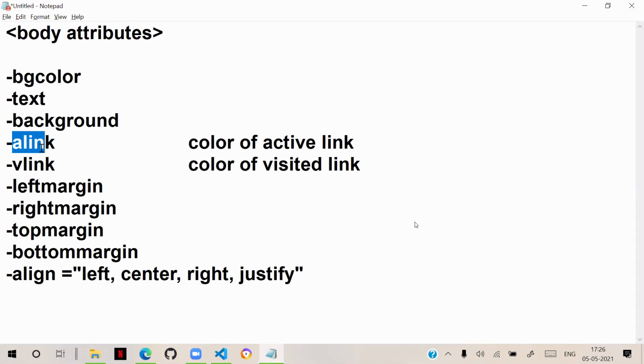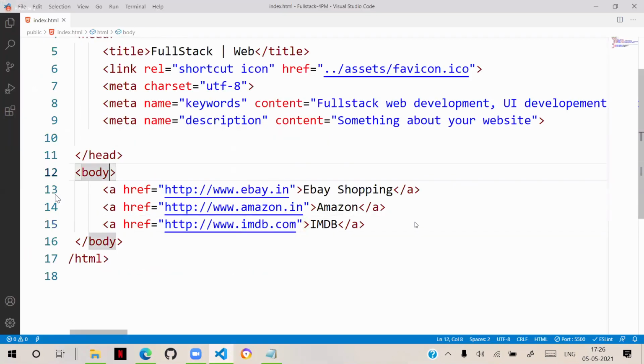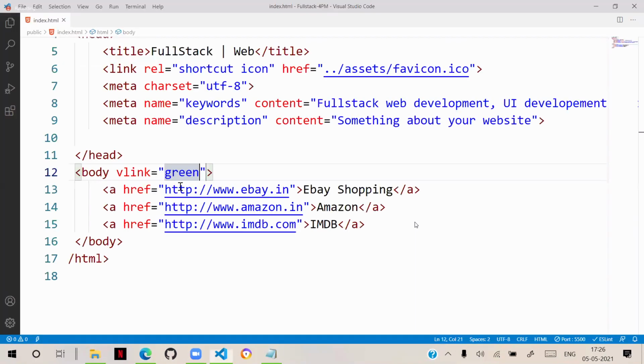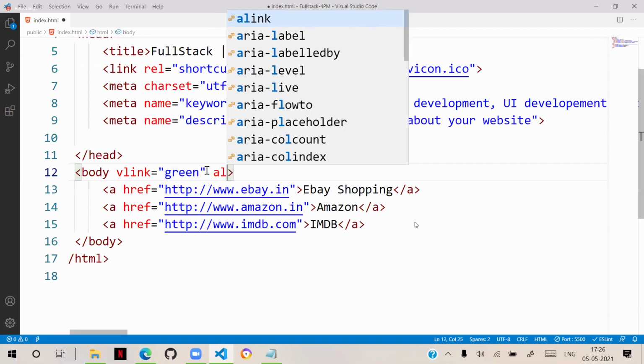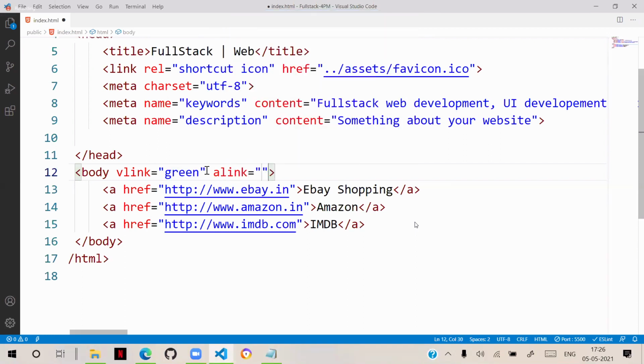CSS will allow you to change different things, but in HTML only two options are there. Suppose now I am writing here in the body, V-link means visited links. I will put green. And you can observe that visited links will turn to green color. So that means they are visited. And A-link, active link, red color.